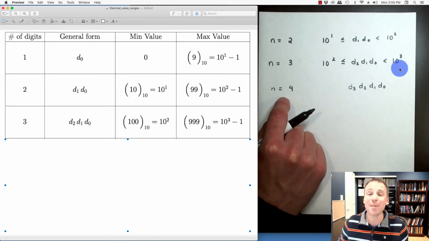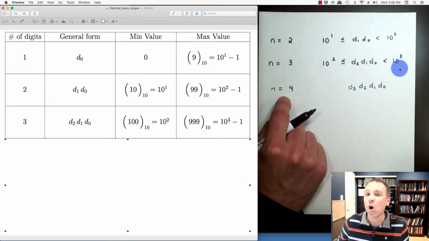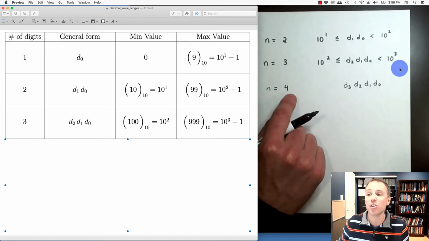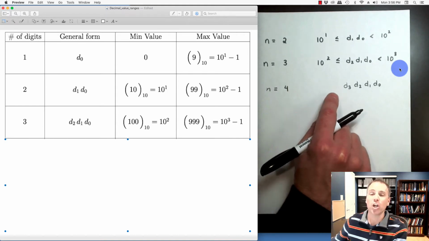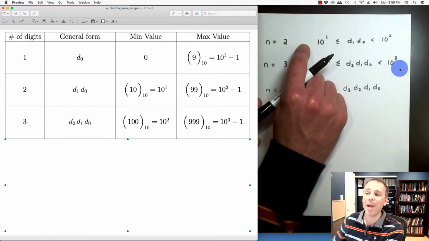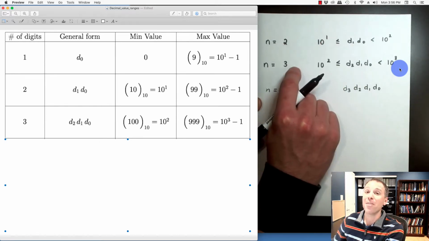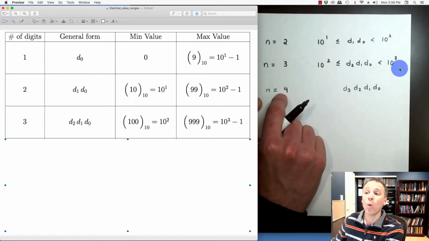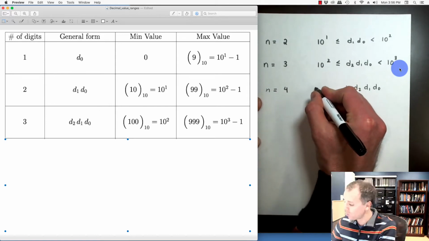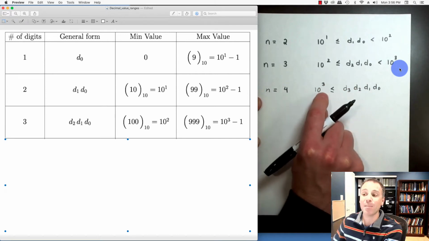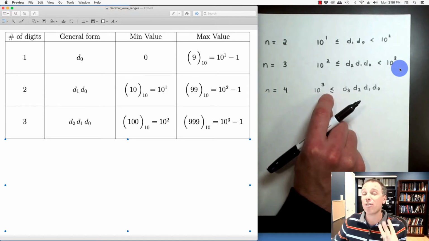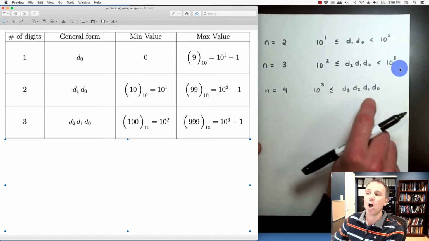Before we show the next row in this table, let's see if you can guess what the lower and upper bounds are going to be. If I ask which numbers can be accurately written using 4 decimal digits, could you guess the lower bound? Well, the lower bound on 2 decimal digits is 10 to the 1. The lower bound for 3 decimal digits is 10 to the 2. What's the lower bound for 4 decimal digits? We would guess that maybe it would be 10 to the 3, 1 less than whatever number of digits we have. That makes sense because 10 to the 3 is 1 followed by 3 zeros, which is indeed 4 decimal digits.